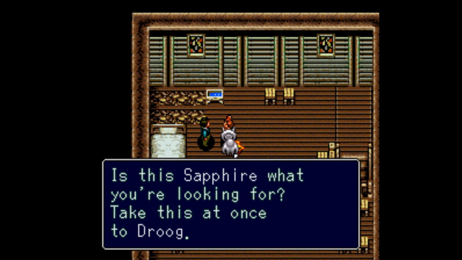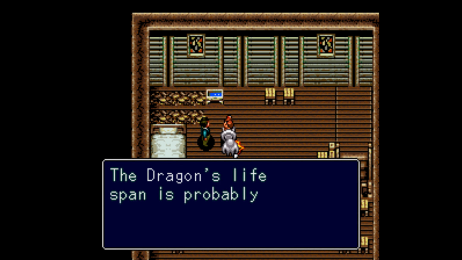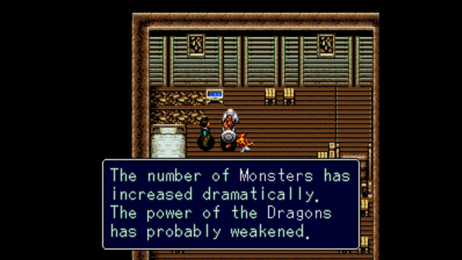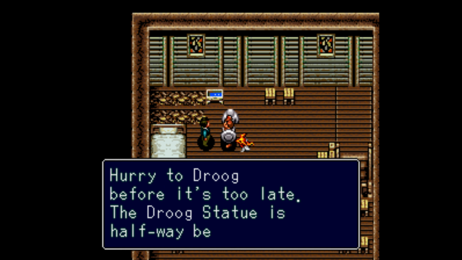Is this sapphire what you're looking for? Take this at once to Droog. Retain the sapphire. The dragon's lifespan is probably short. The number of monsters has increased dramatically. The power of the dragon is probably weakened. I've got a bad feeling. Hurry to Droog before it's too late. The Droog statue is halfway between this village and